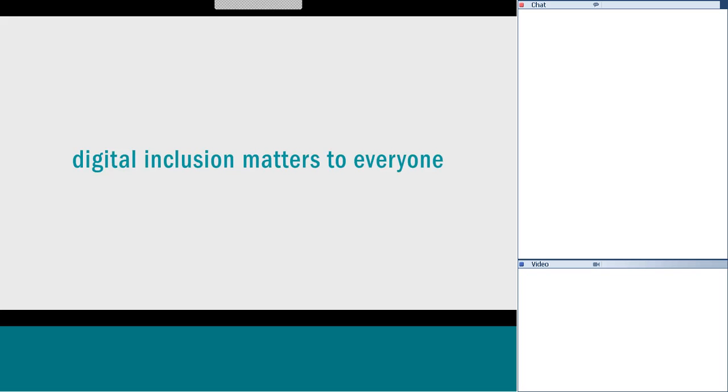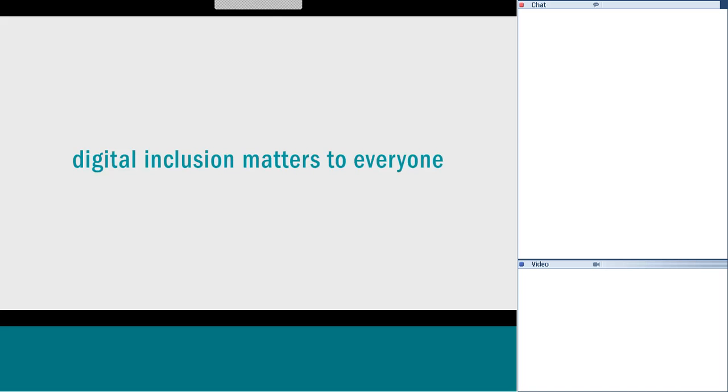And digital inclusion matters to everyone. It's not just the people that are excluded that it's important to. It's important to society. If you're excluded, then essentially your life expectation is shorter, your educational attainment will be lower, you'll be more likely to end up in prison, you're more likely to not have a job.